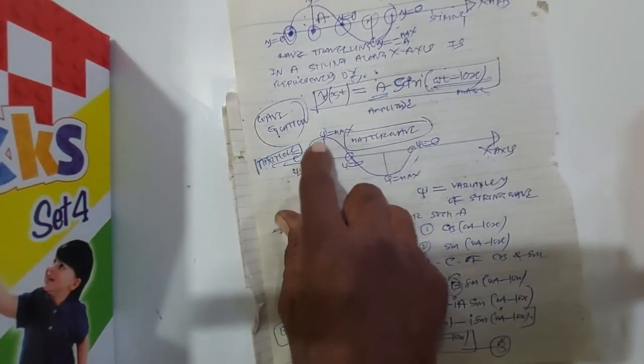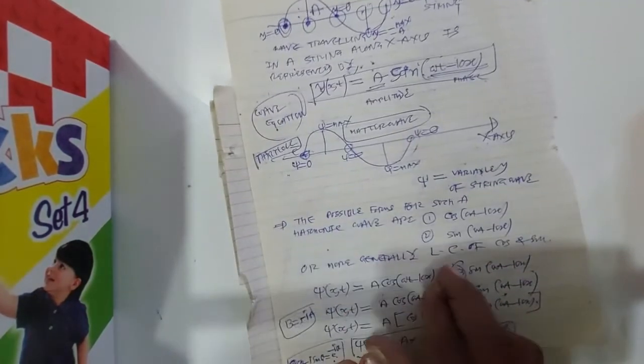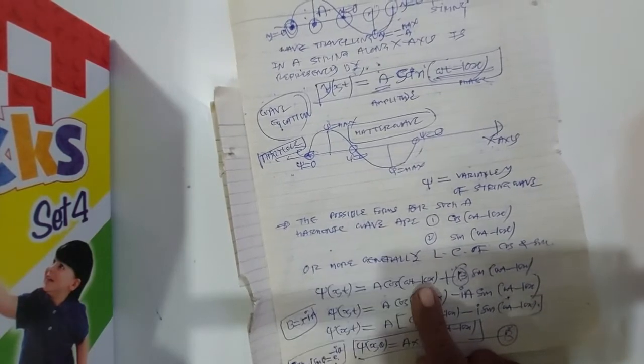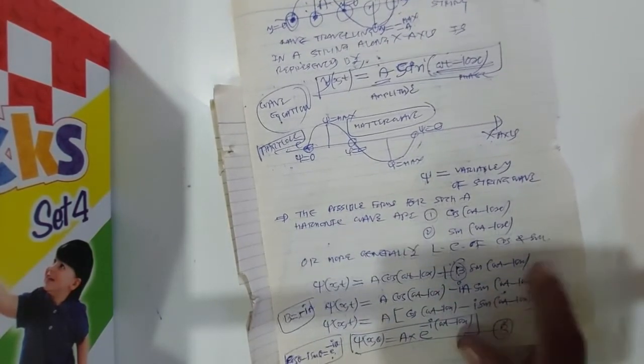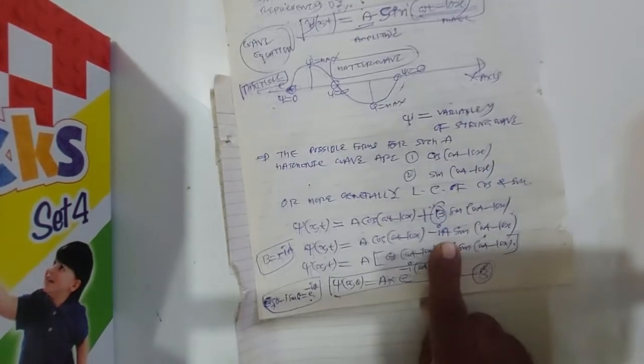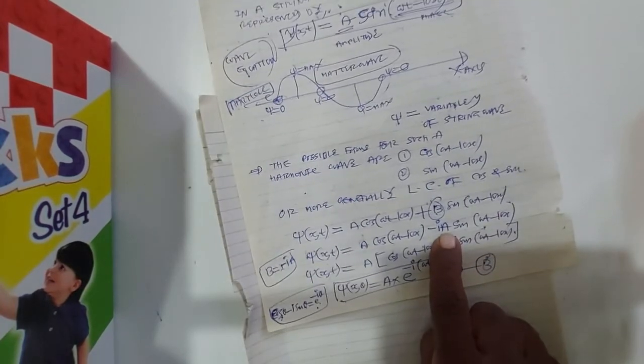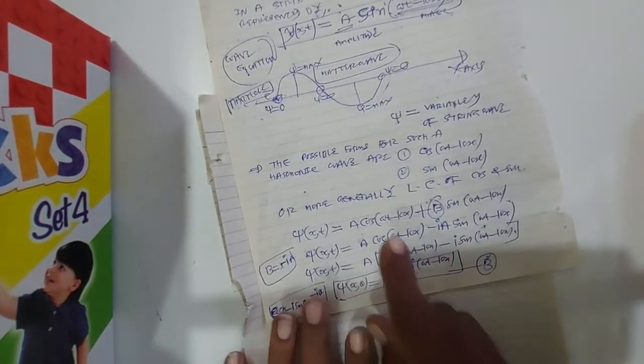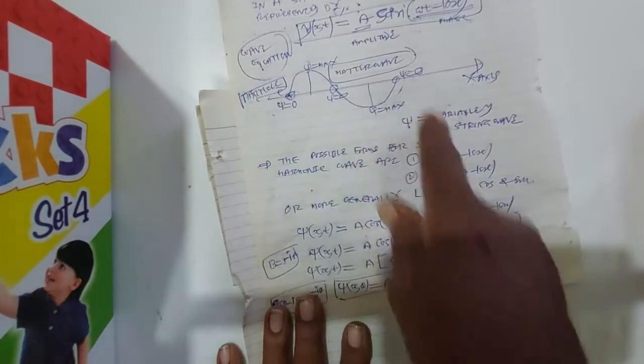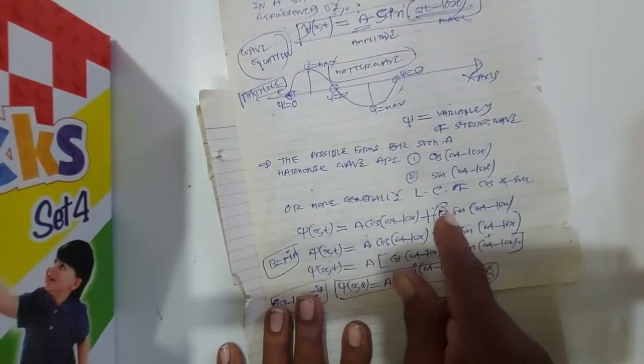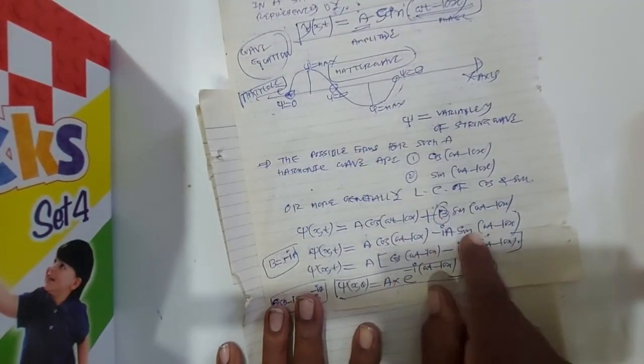The matter wave associated with the particle like electron is represented by the linear combination of cosine wave A cos(ωt − kx) and sine wave B sin(ωt − kx). The value of B, I told you, is −iA. Okay, that can be obtained mathematically. So the wave associated with the electron is represented by A cos(ωt − kx), and the value of B is −iA sin(ωt − kx).